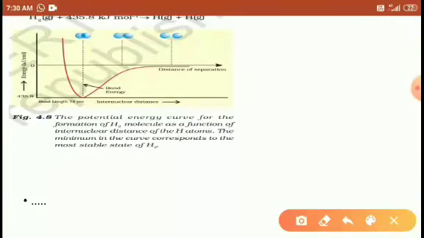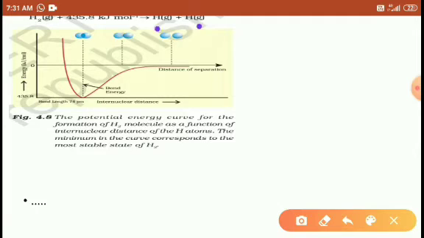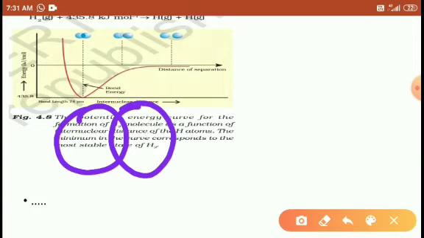Students, look here at the bond energy and the internuclear distance. How does the internuclear distance occur here? The dissociation of the hydrogen molecule requires energy. In this theory, the bond length of hydrogen is considered as 74 picometer. When the bond enthalpy of hydrogen is considered, the atoms are very strongly close with each other, right?